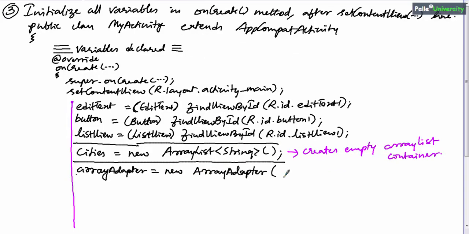array adapter. While creating object for array adapter, you have to pass 3 parameters, which I will be explaining in the later sessions why to pass these 3 parameters. As of now, blindly remember this step: how to create array adapter. We have to pass 3 parameters while creating array adapter object. First parameter is this, t small letter, comma. Second parameter is